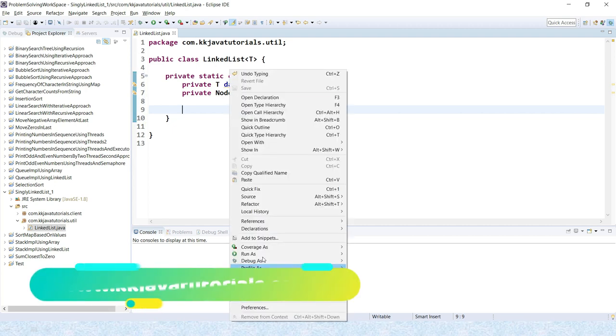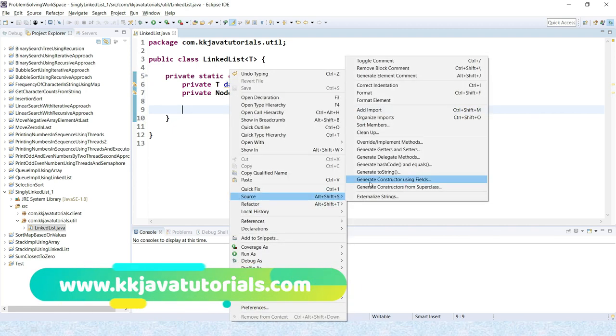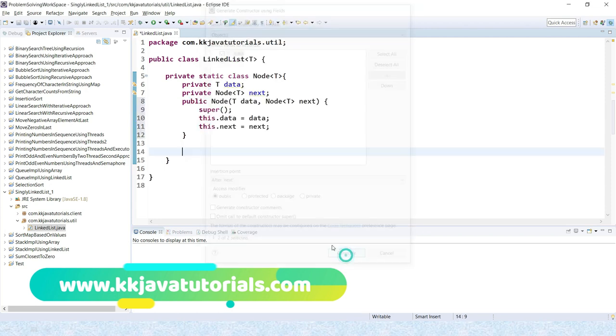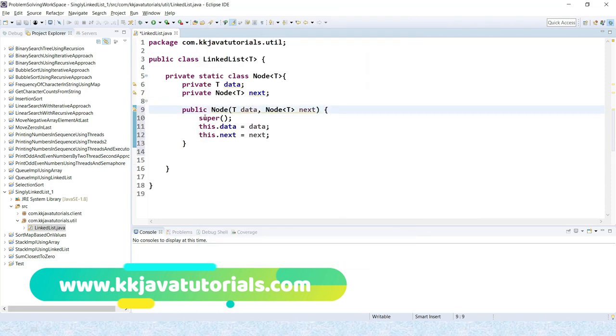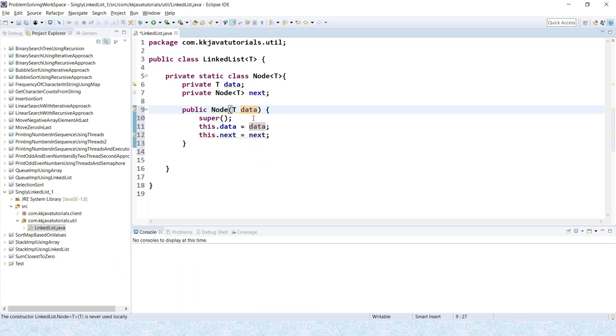Here I'm going to create a constructor. In the constructor I'm not going to pass the reference, only the data which I want to add in the singly linked list, and initially next would be pointing to null. This is an internal class which represents a node.